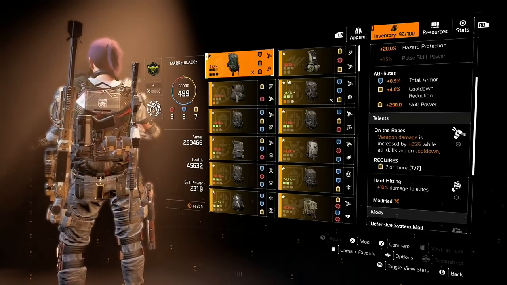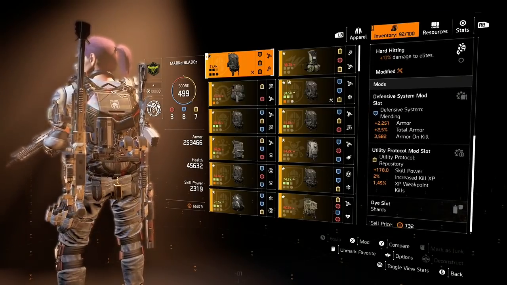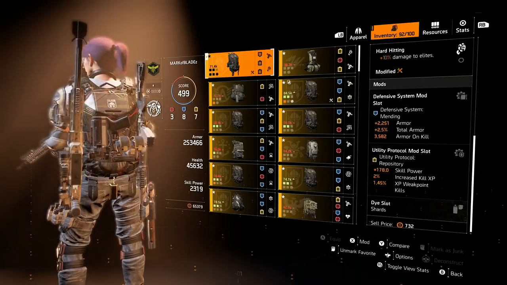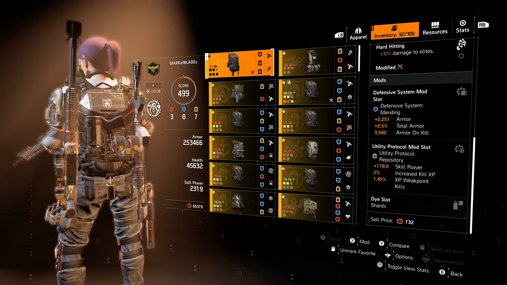For our talents, we're running On the Ropes. Weapon damage is increased by 25% while all skills are on cooldown. We got Hard Hitting for 10% damage to elites, and then we have one defensive mod and one utility mod. The defensive mod giving us armor, total armor, armor on kill, and then that utility mod giving us a pretty